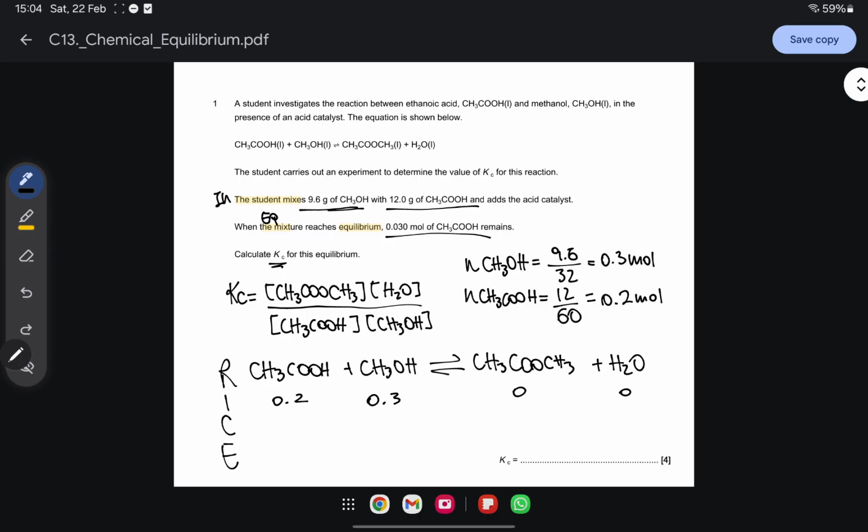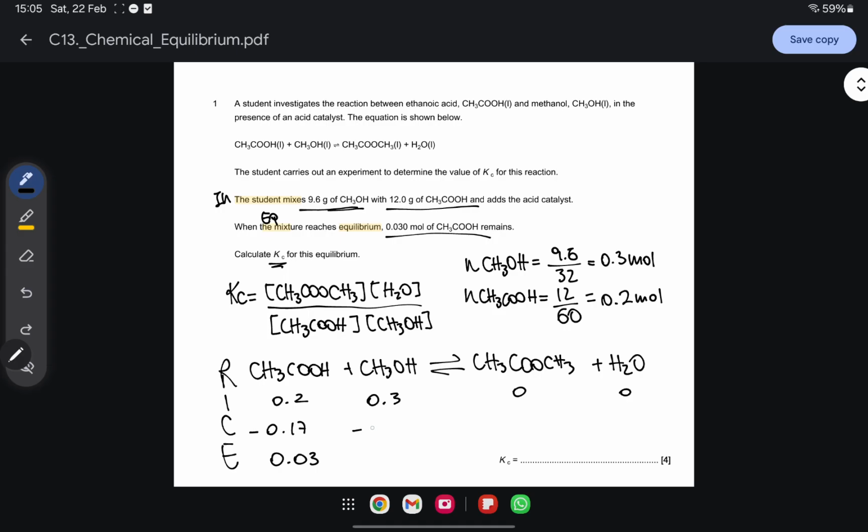What other information do we have? We have that when the mixture reaches equilibrium, 0.03 moles of ethanoic acid remains. So this is where I fill up this box. Sorry, 0.03. Now what do I do? I'm able to find the change. So the change, 0.2 minus 0.03, is